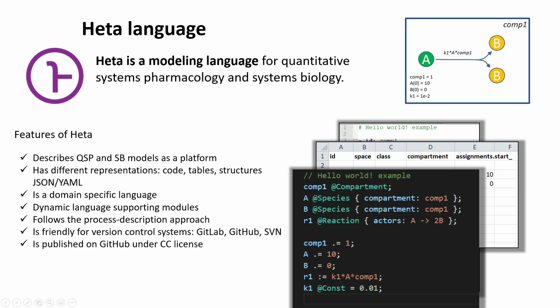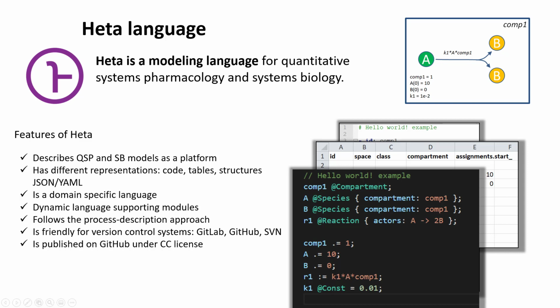It was designed for a simple description of the structure of a dynamic system and its evolution laws. Heta is not a general-purpose language, and it's not associated with any particular one. Nevertheless, when required, the Heta code can be transformed into a particular form executed by programs or applications. Heta states the forms for the description and the storage of QSP models.